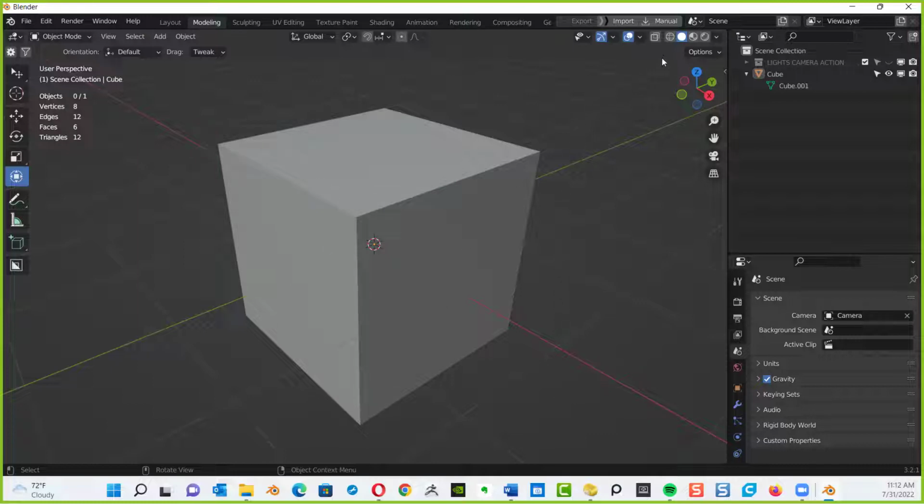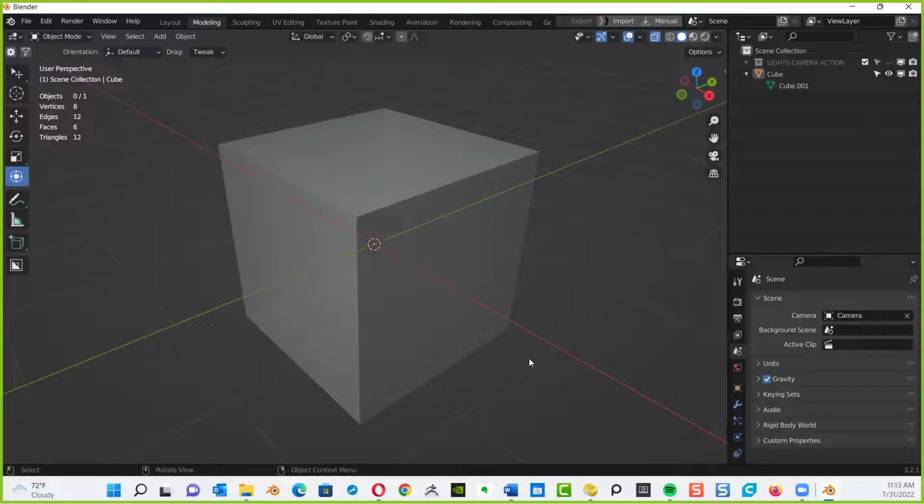If you go up here, we talked about the viewing modes, right? I want everybody to go back to the standard shading view, which is this circle with the blue square. Now, say I have multiple objects and I want to see through them all. I've got X-ray mode. If I go two icons over, you see the two squares overlapping one another. If I click that, now you can see X-ray mode. You can see through to the other side of the cube.